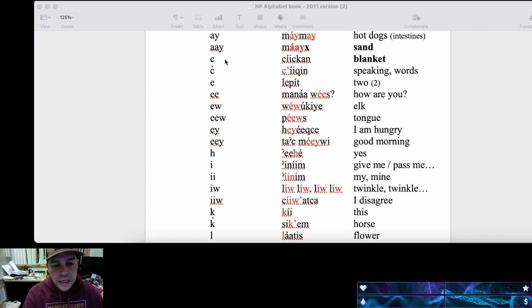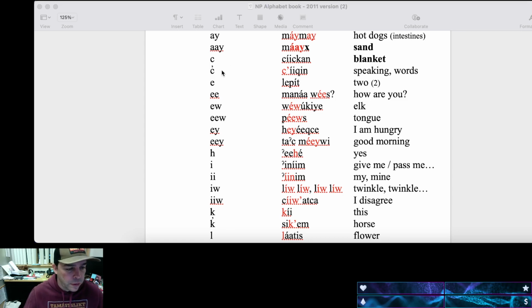This makes the TS sound, like the end of hats. I feel like we're mentioning this every time, but it's worth bringing up. It's not a ch sound, so we don't have a ch sound in the Nez Perce language. So there's no wachamios or chawikta. It's a t sound. So tzitkan.